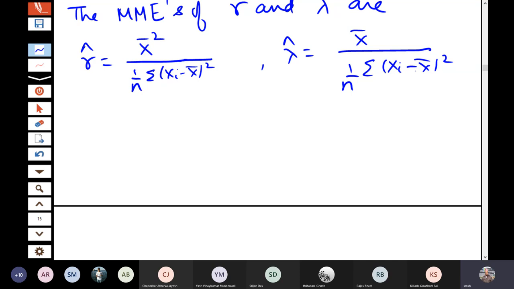In fact, if the sample observations are closer, then this value will get inflated. So some other people had objections to this, and therefore later on a more important method, or you can say more effective method of estimation, was developed. That is called the method of maximum likelihood estimator.